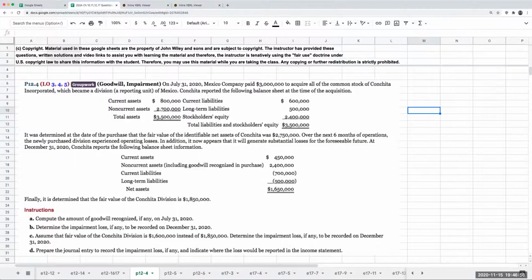Okay, so here we go, problem 12-4. The first thing about this, it was determined that at the date of the purchase, the fair value of the identifiable net assets was 2.75 million. But here they paid 3 million. So the way we're going to compute the goodwill recognized, if any, on July 31st is the purchase price is 3 million